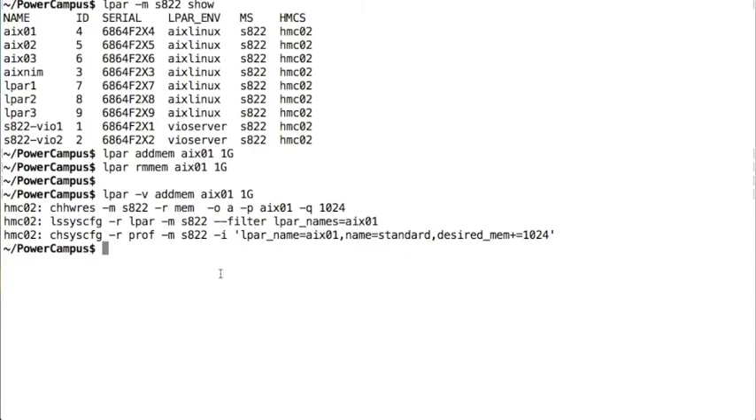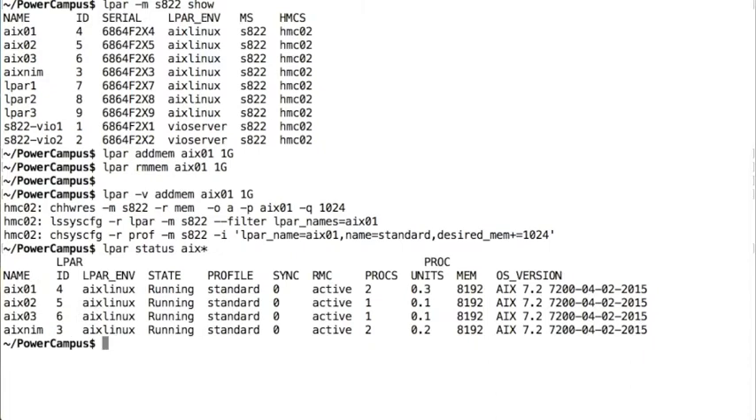Okay, what must be fulfilled in order that this can work? For the first command you need an active RMC connection. You can quickly check whether you have an active RMC connection by running the command LPAR status. You can specify one LPAR or multiple LPARs or wildcards if you like. And then you see that AIX01 is in the state running, and indeed the RMC connection is active, and currently it has 8 GB of